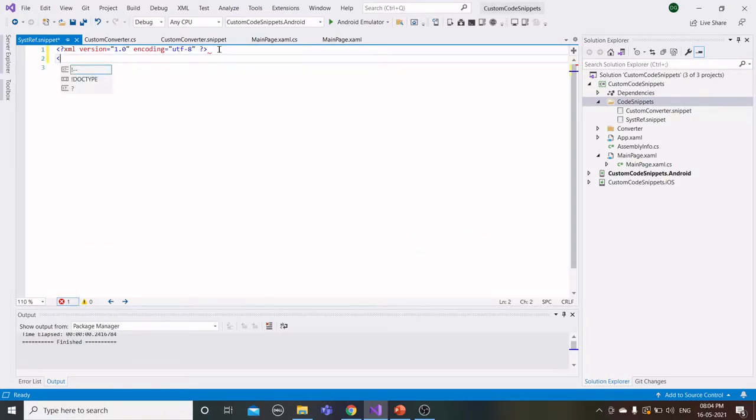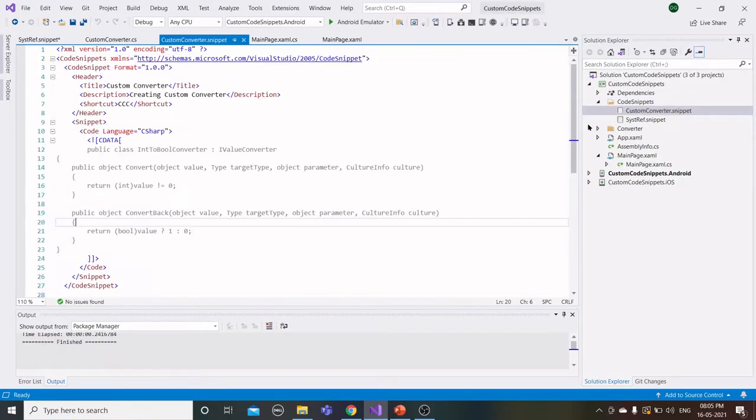Here we need to add the CodeSnippets tag for creating custom code snippets. In the CodeSnippets tag, we need to add the XMLNS declaration. Now I am copying that XMLNS declaration from the previously created code snippet.